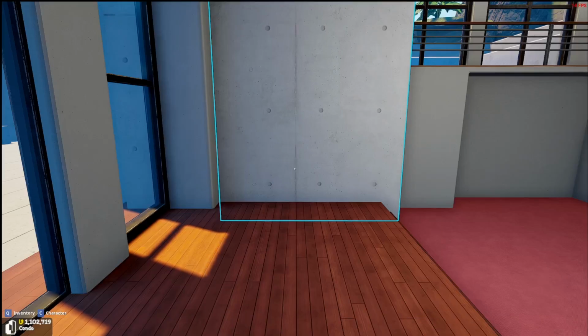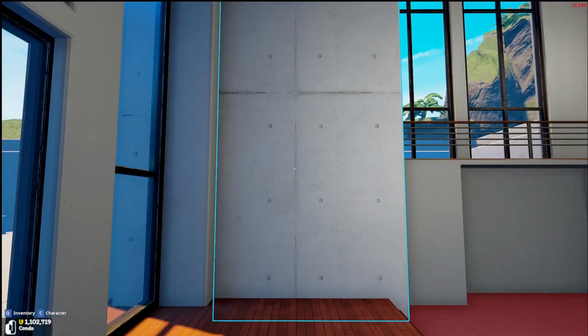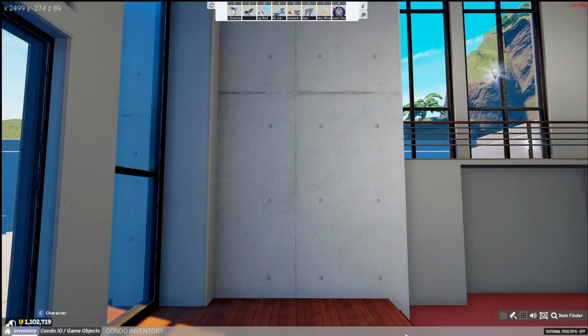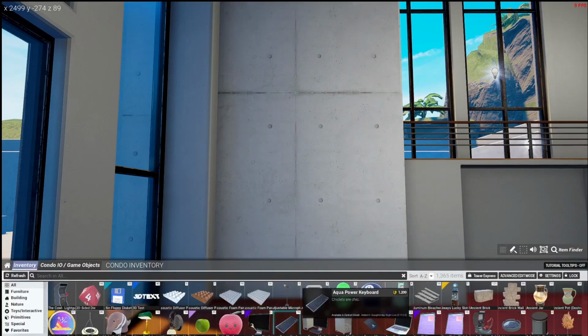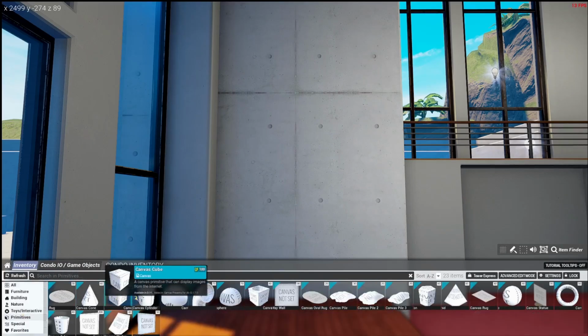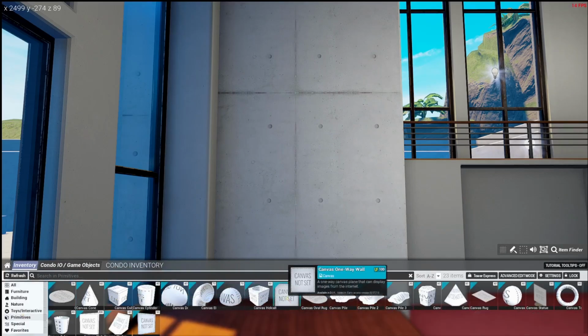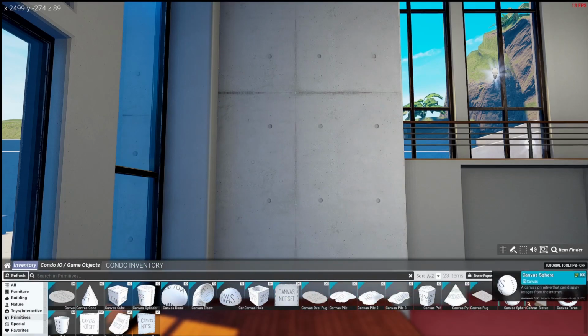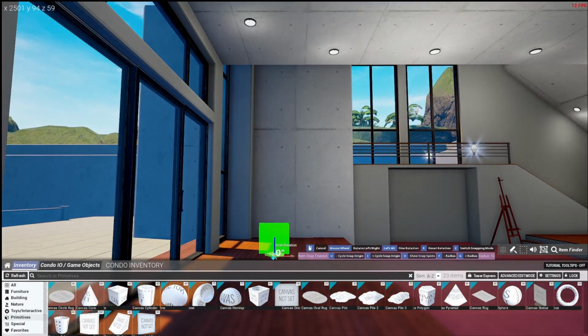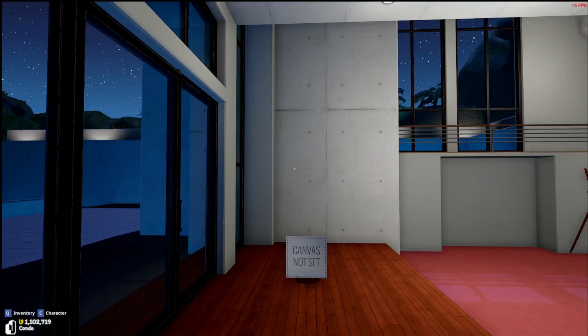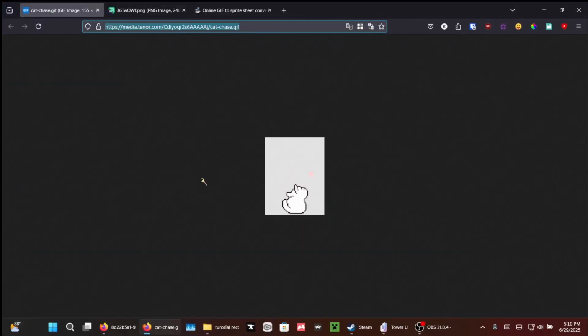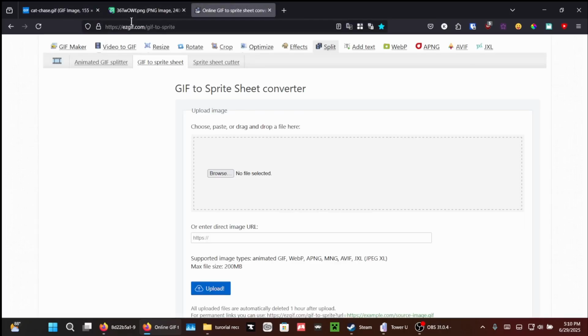So now I've gone to just the basic condo. You can do this anywhere as far as I'm aware. Let's open up the canvases. You can do this on likely any type of canvas, but I know for certain that it works on the primitives. What I'd used for the cat was a canvas statue. Now that we have our canvas down, we're going to go grab the gif that we want to use. I've got my gif right here that I used for my cat statue, just to show you exactly how I did it. We're going to go to your new best friend,